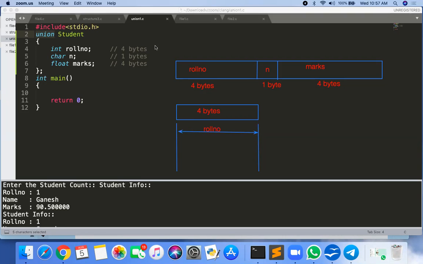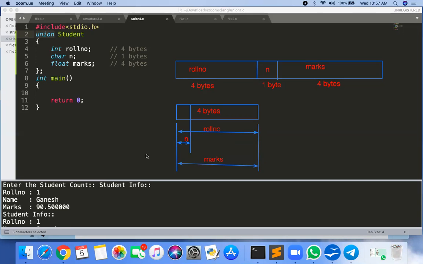If you want to use n, only 1 byte is used for n. And if you want to use the marks, again the whole 4 bytes can be used there. This is my marks. Get it?